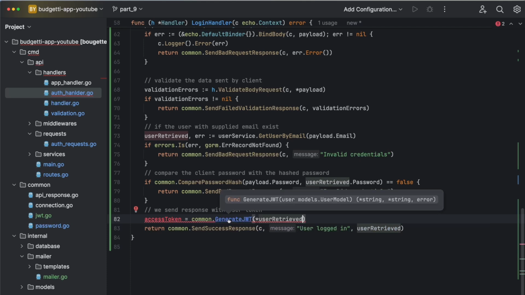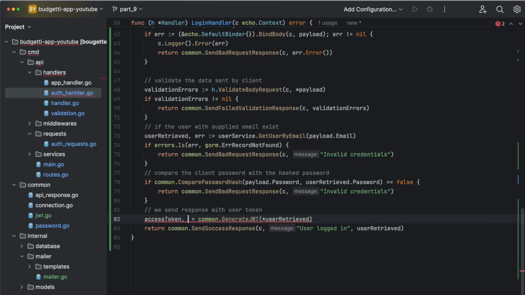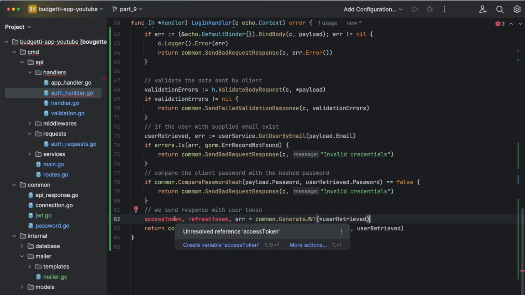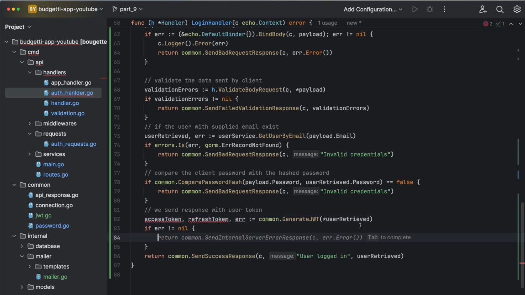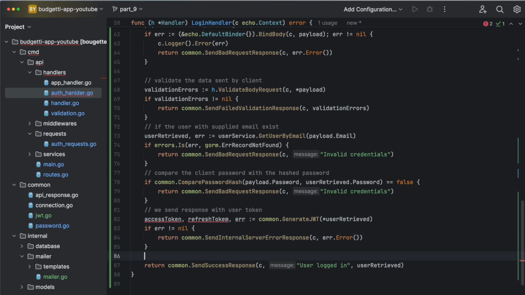So access token, the refresh token, and error. Those are the things we are expecting, right? Unresolved variable. Okay. So if error is not nil, then we are going to send the error. Otherwise, we are just going to send the